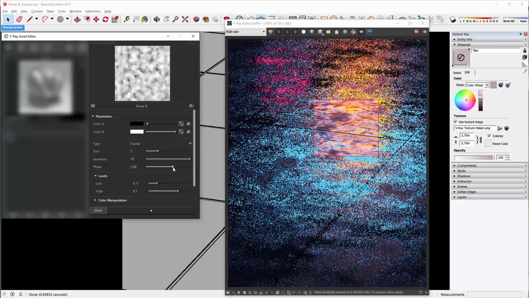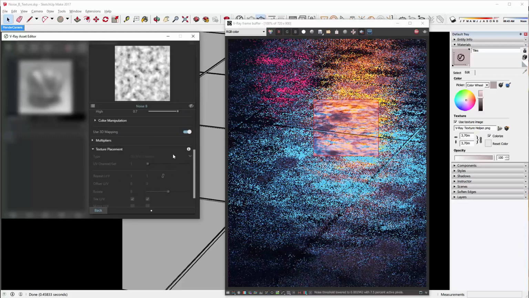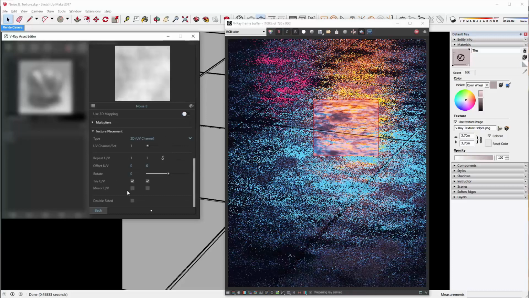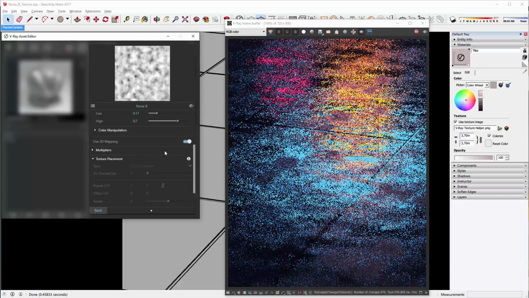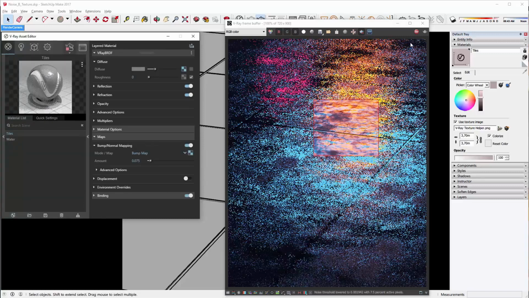And the phase will basically offset the noise. And like I said, right now we're using the 3D mapping, so in the texture placement, everything will be grayed out. If I disable the 3D mapping, now we have options here that we can change. But in this case, we're going to use it. So this is the noise texture. I'm going to just stop the render and close everything so we can move on to the next thing,